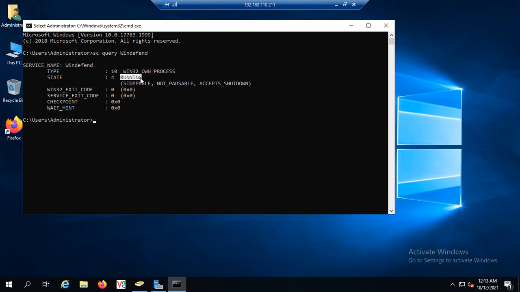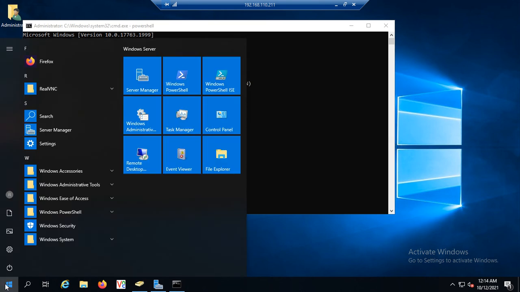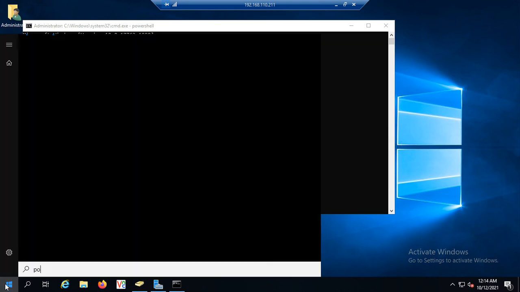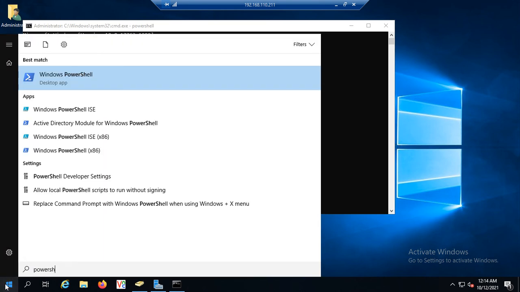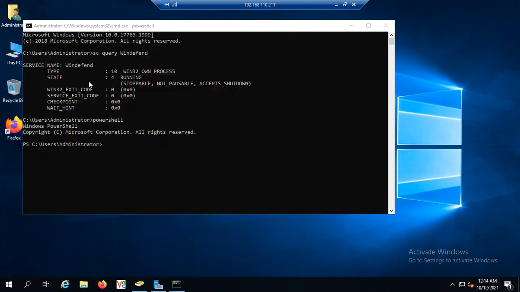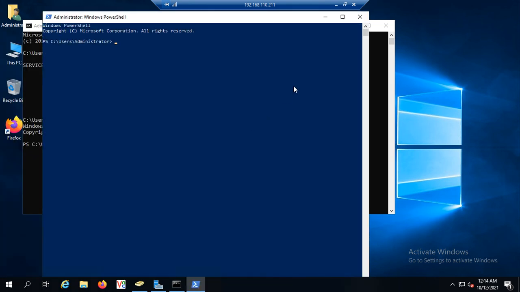After getting this, go to PowerShell. Now the PowerShell window will come. If it has not come, don't worry about it. Just go to the Start menu and type PowerShell. Here you can get the Windows PowerShell platform. On the same platform, we need to